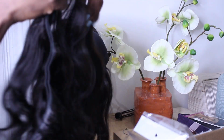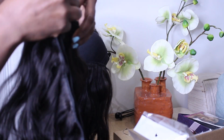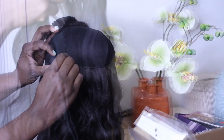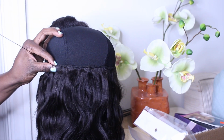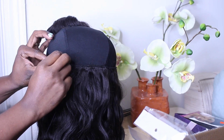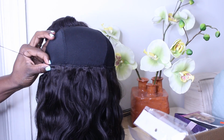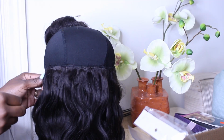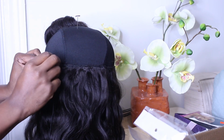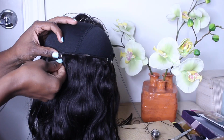And guys, look at how my fingers are just gliding through that hair like honey. But yeah, what I'm doing is starting off with the 16-inch bundle right where I left off at the 18-inch. Right where the 18-inch bundle finished, you're gonna start with your 16-inch bundle, not above, not below, just on the same line. So you're gonna continue sewing right around and make sure that you angle the hair to